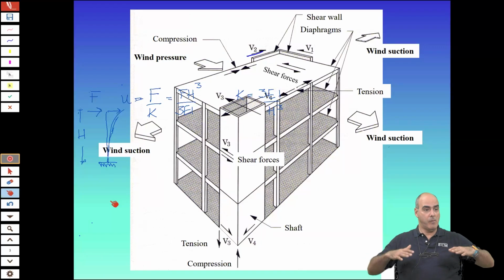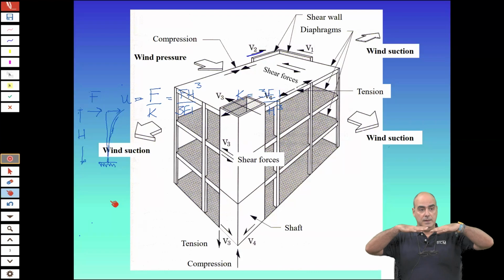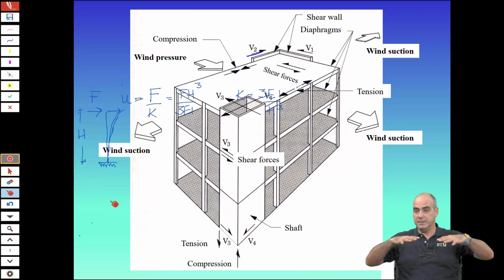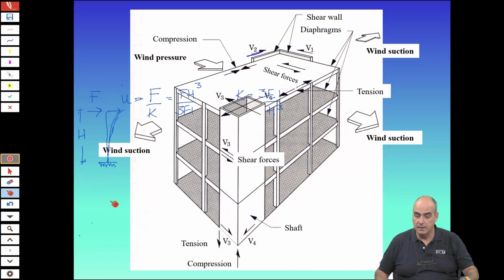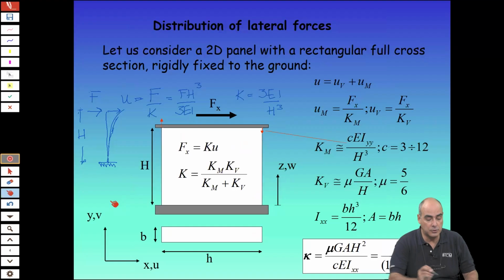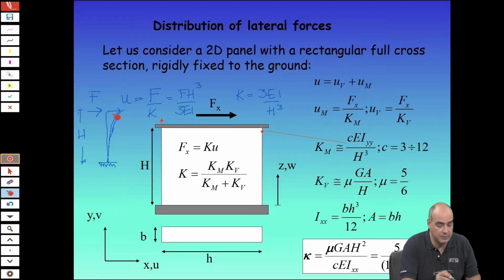The shear walls are connected in some way to the floor diaphragms. Otherwise, the diaphragms could not transmit the load. But the diaphragm moves horizontally in its plane. In order to have this cantilever behavior